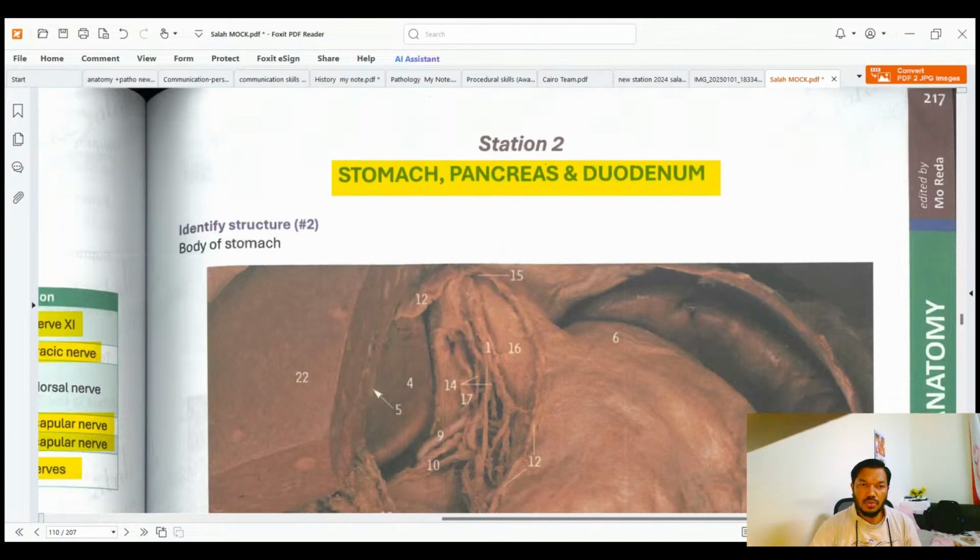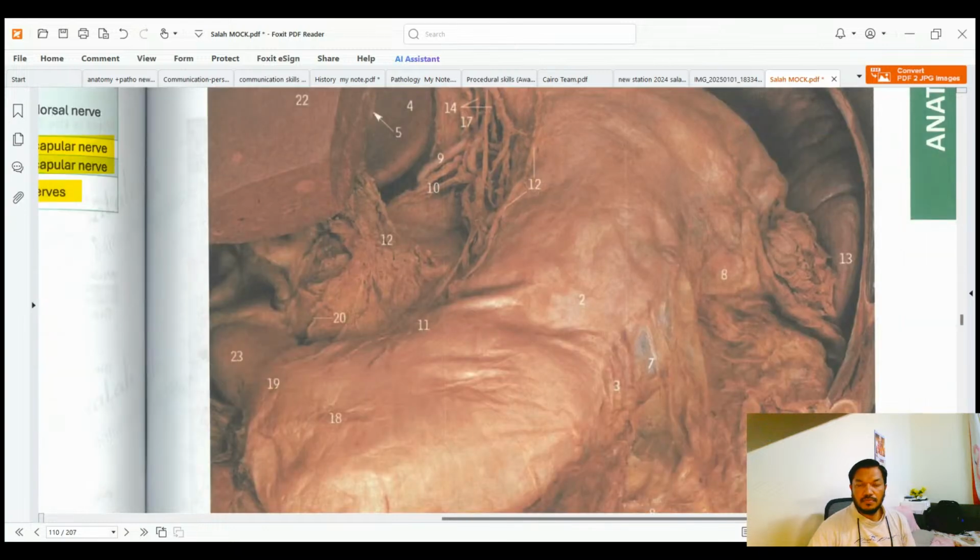Identify structure number 2. Structure number 2, this is the body of the